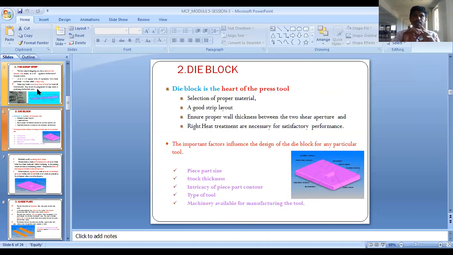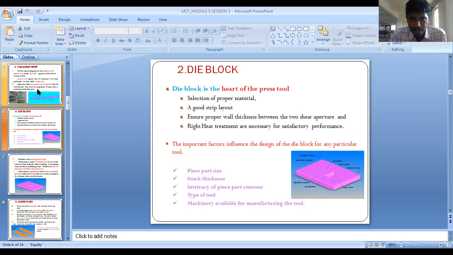So die block is the very first element on the fixed half. Okay. It is the heart of the press tool. It depends on all these parameters: selection of proper material, good strip layout, and ensuring proper wall thickness in the shear apertures. And the right heat treatment will be required for satisfactory performance.